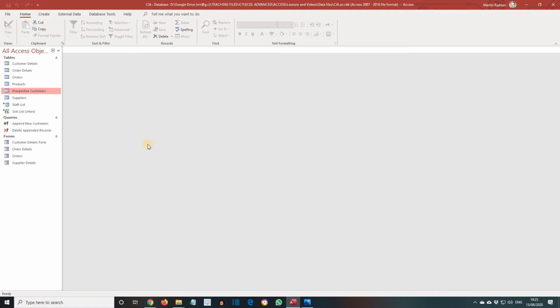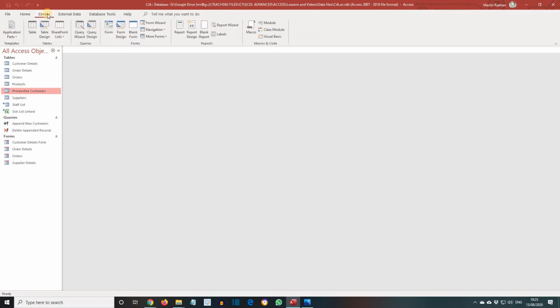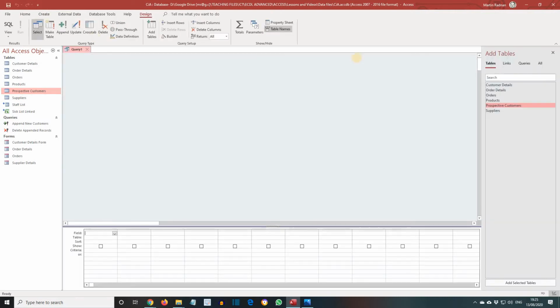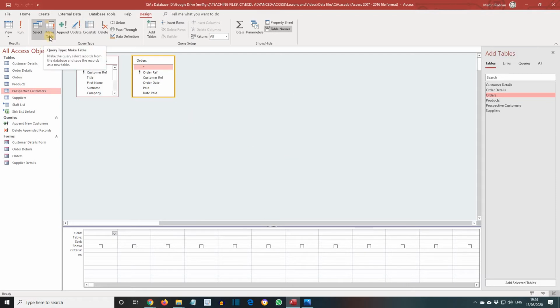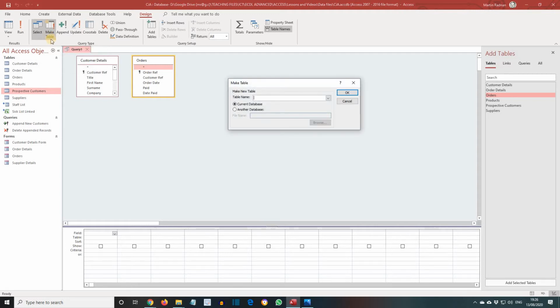So open the CIA database and start a new query in Design View and add the customer details and the orders tables to the query grid. Choose the Make Table Query option from the Query Type area of the Design tab, and when the dialog box appears, enter the table name as Unpaid Orders,